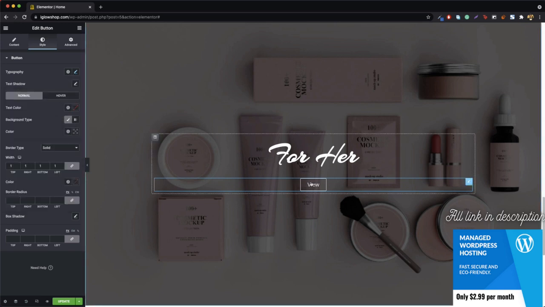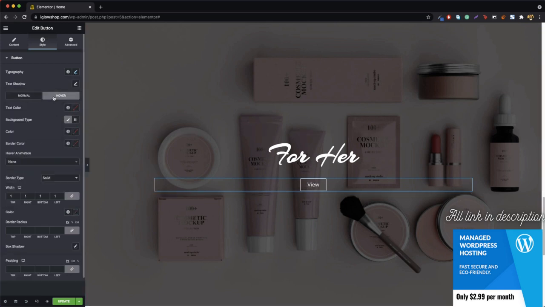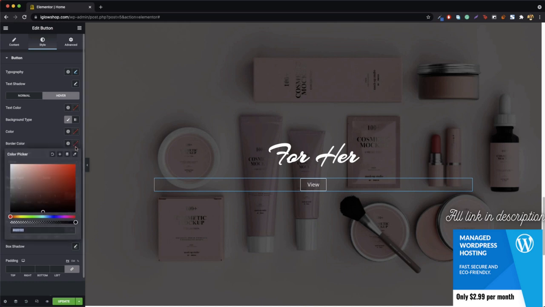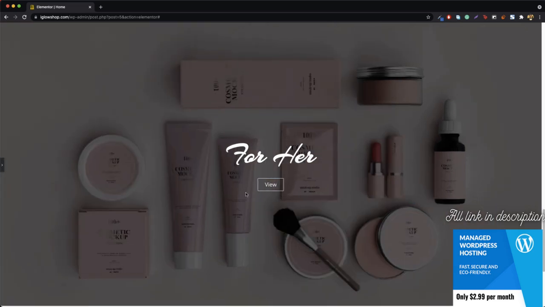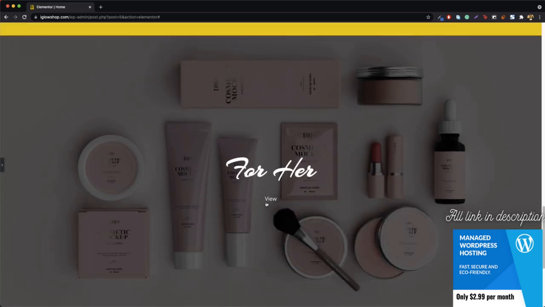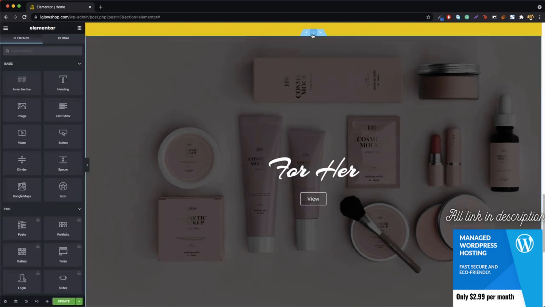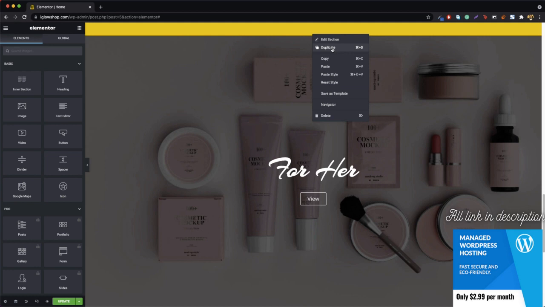So on the hover, when we bring our mouse to this, you can say that we don't want the border, or in other words, we want our border to be transparent, and you can see how this effect is working. How cool is this effect? All right, just take a look at this. So this says For Her collection, and if anyone wants to view all the products for her, he can just do that. All right, now you can go ahead and duplicate this section,